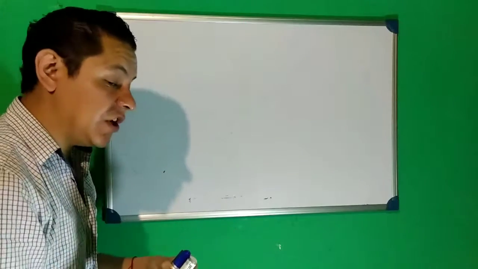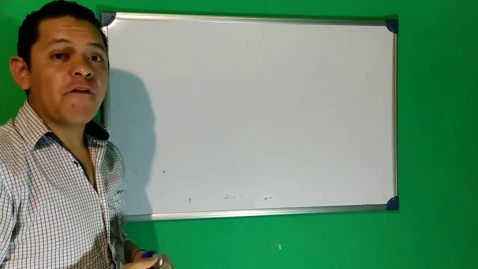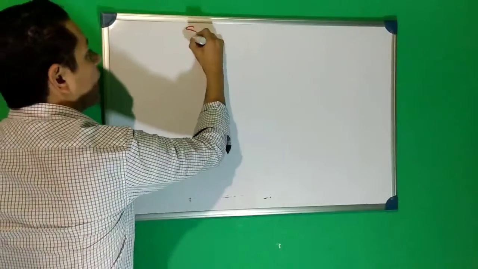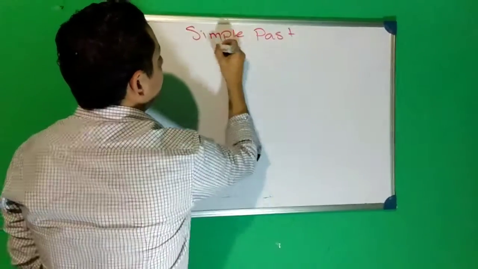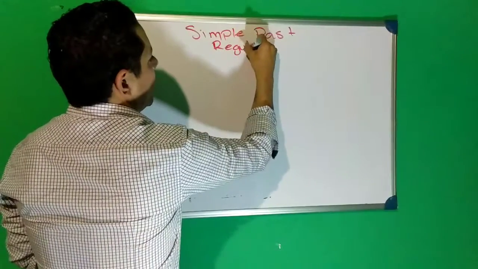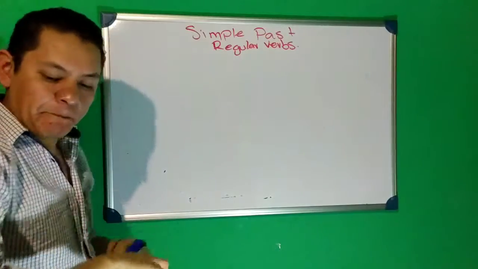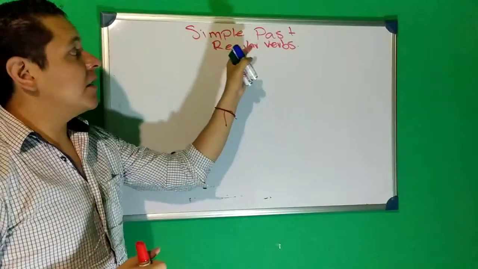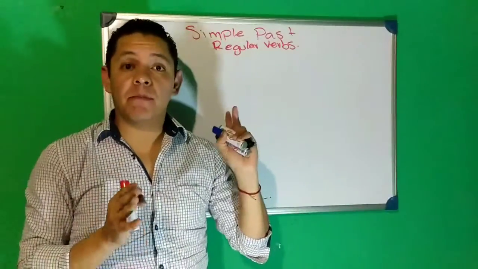Okay, now we're going to continue with the review for simple past regular verbs, okay? Simple past, regular verbs. Okay, for the simple past, using now verbs, the difference between using the verb to be and verbs like